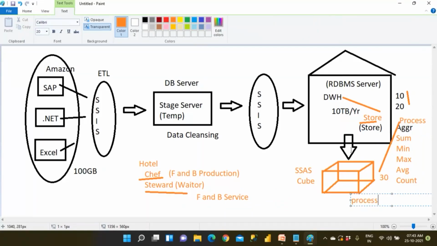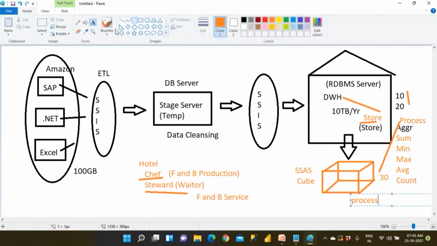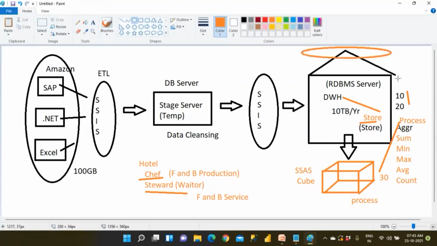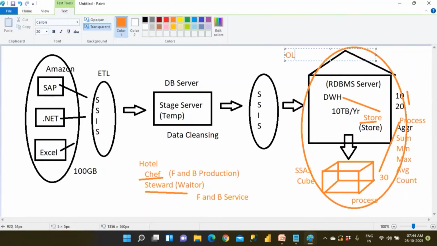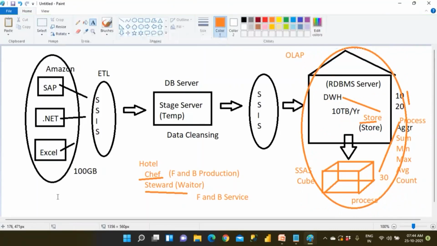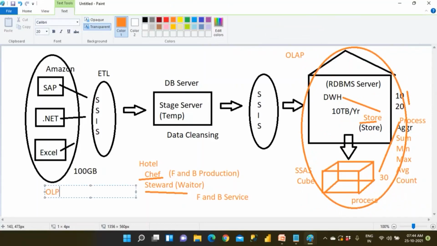So this is what is called an OLAP system, right? So we knew about it. So this is what is called an OLTP system. So both of them, cubing and everything, this is what is called OLAP. OLAP means, as we discussed, online analytical processing. So the source system is called the OLTP system. Clear? So cube is a part of OLAP. Cube is part of what? OLAP.